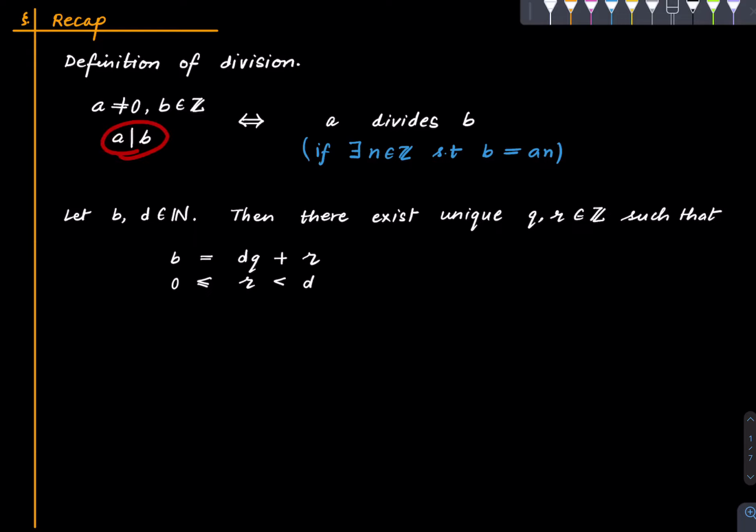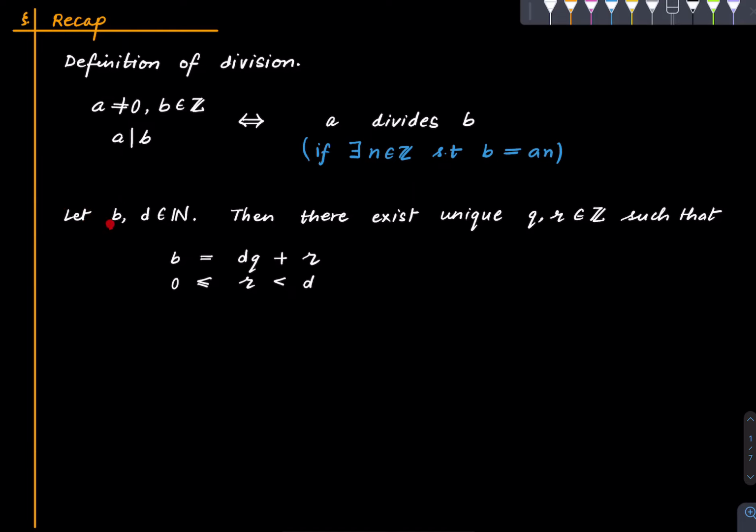When we write this, we just read it as a divides b. And there are multiple synonyms of it. If a divides b, we also say a is a factor of b, or b is a multiple of a. There may be more. Anyway, we also saw this division with remainder theorem, which says, or at least the